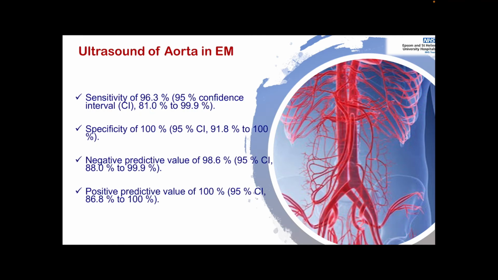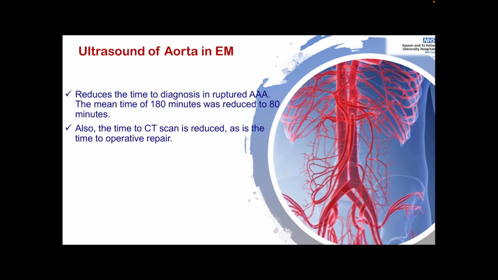You can see here it is highly sensitive and highly specific in determining AAA in the emergency department. They found that it reduces the time to diagnose a ruptured abdominal aortic aneurysm. The mean time of 180 minutes was reduced to 80 minutes, a reduction of 100 minutes, which is highly significant for the patient, and it is really crucial to diagnose as early as possible. Also, the time to CT scan is reduced, as is the time to operative